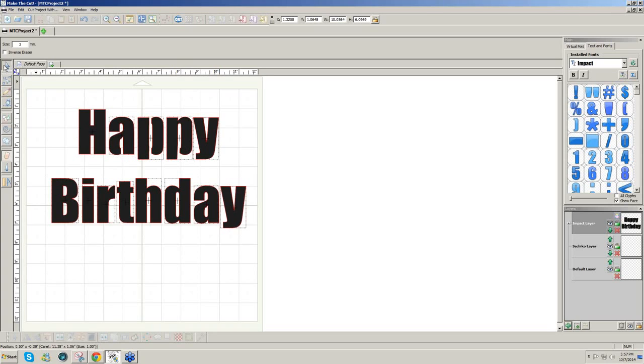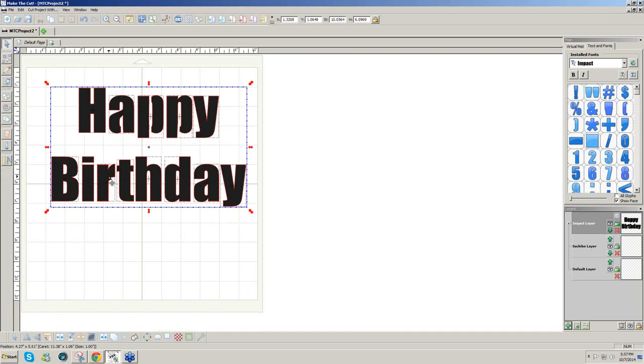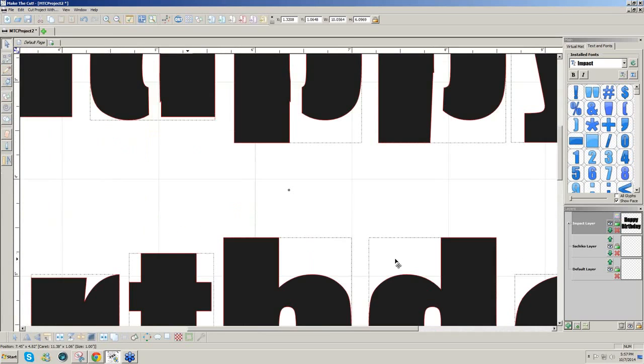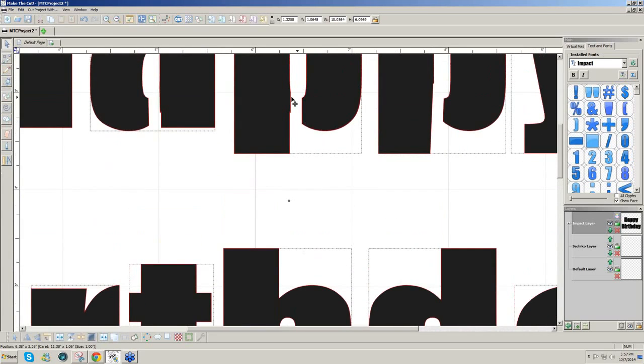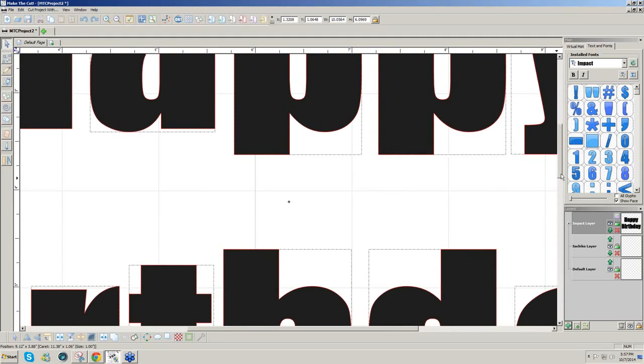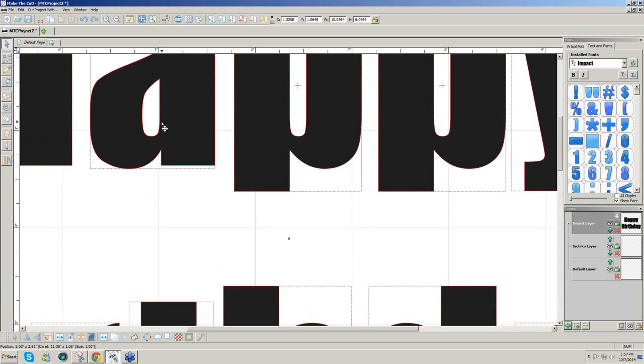In fact, let me show you. I'll zoom in. I'll type 4 and 3. And you see right here it's kind of messy. I'm going to undo and show you that when you do this with the eraser,